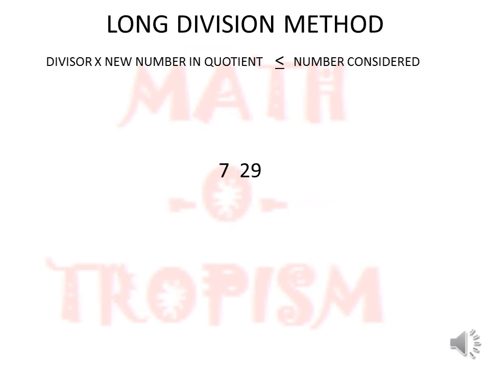Now let us take an example of a 3-digit number, 729, for which we are going to find the square root. First, grouping of numbers should be done. So we start from the 1st digit. 9 and 2 are a pair, so 29 becomes a pair and 7 is separate. So we have grouped it. Now there is no divisor and there is no quotient.